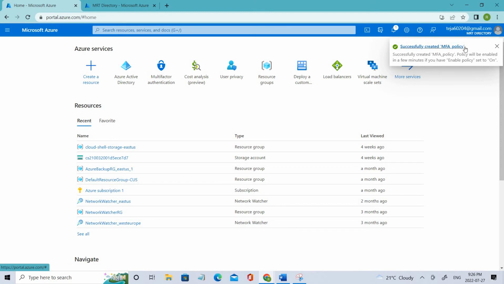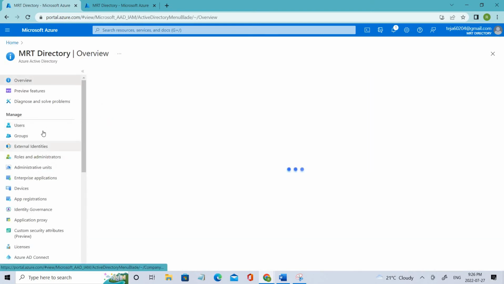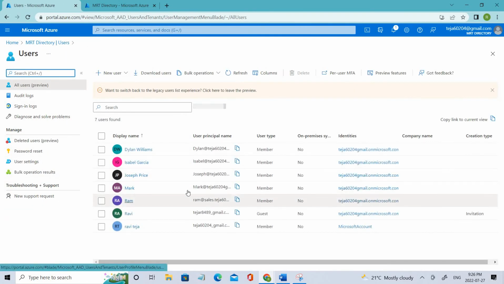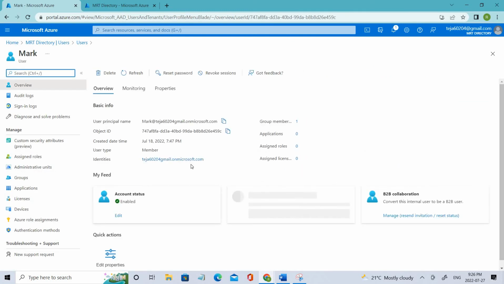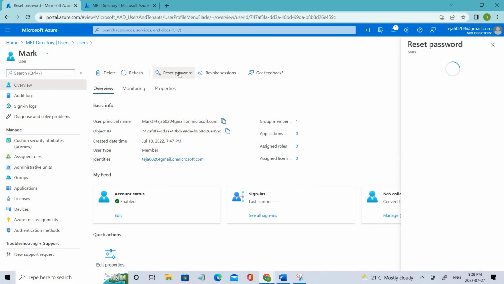So you can see we have successfully created the MFA policy. Now let's try to log into Office 365. Before that, let me copy the UPN of this particular user, which is Mark. I think I have, is it password? So let me reset this password, and